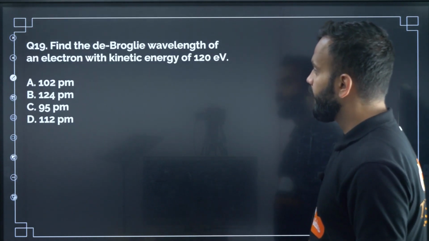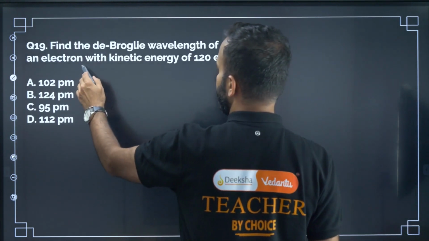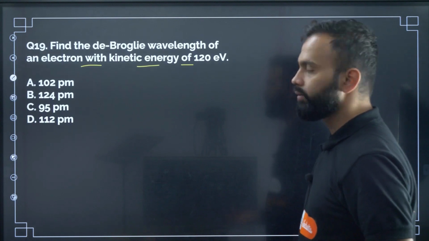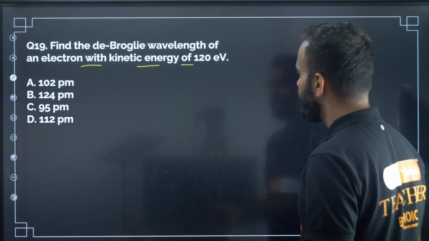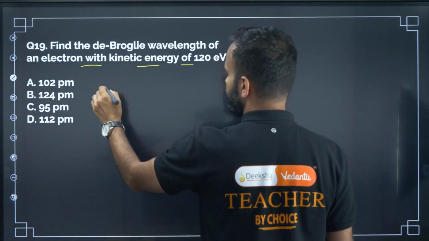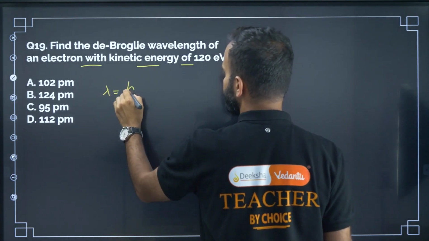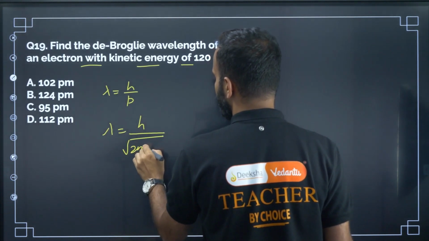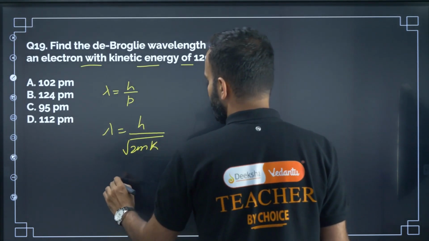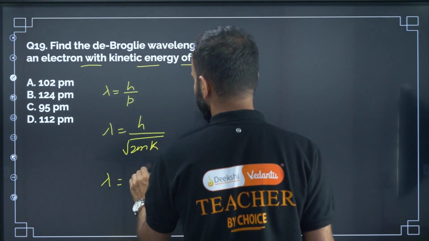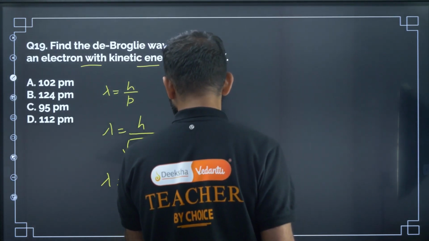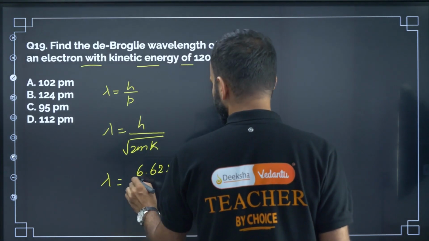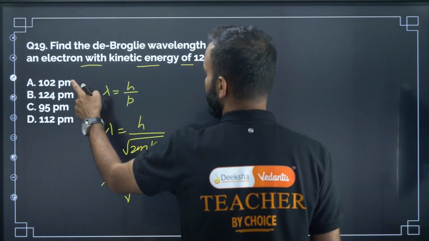Next question, question number 19. Find the de Broglie wavelength of an electron with kinetic energy of 120 electron volt. Same type of question, right? Here de Broglie wavelength lambda equal to h divided by p. Lambda equal to h divided by p, where p is root of 2mK, right? So lambda is equal to h, which is here 6.62 into 10 to the power minus 34, right, divided by root of